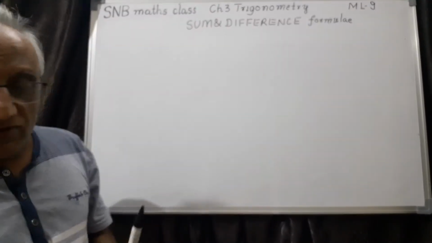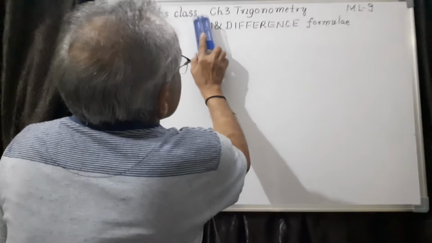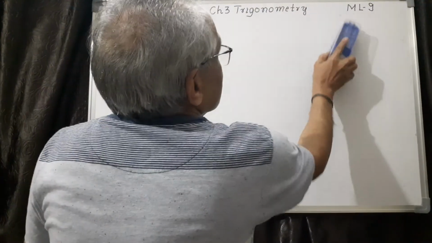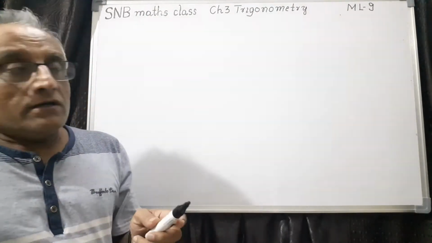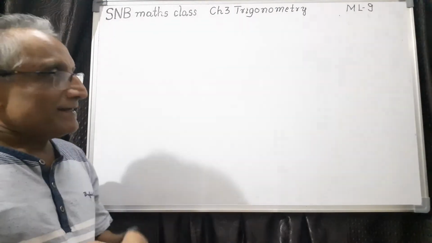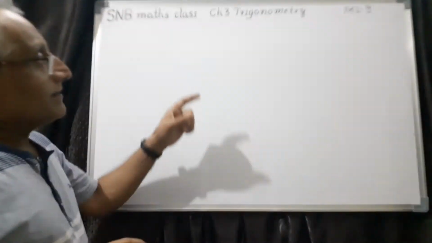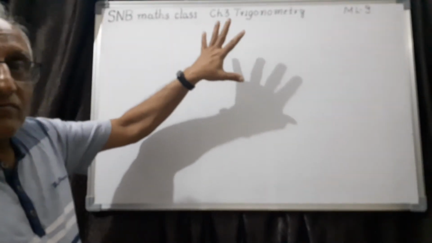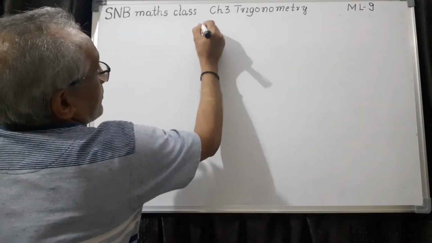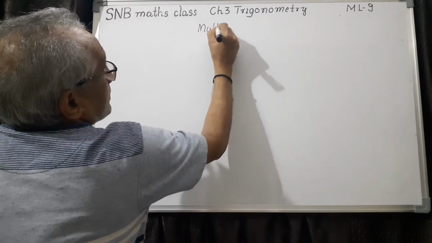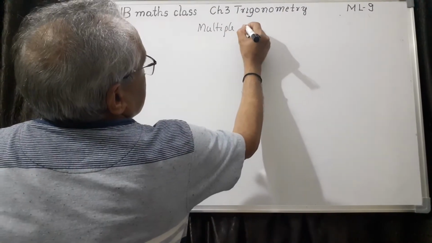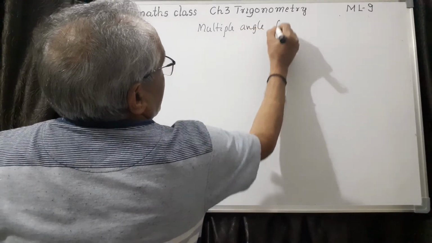Today actually I would like to continue now. So this concept is over. Of course, I don't want to take one more example for this one. That is not necessary. Now, next one is using the same formula. That's why I told you it is a game. It is a journey actually. See, using this set of formula, we can derive some more sets. So that is called multiple angle formula. This is next one. Multiple angle formula.